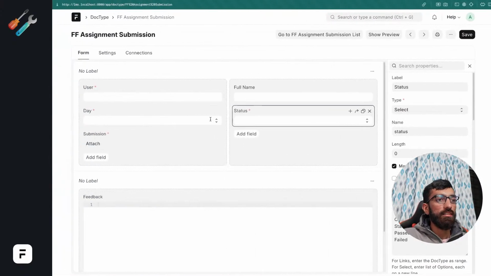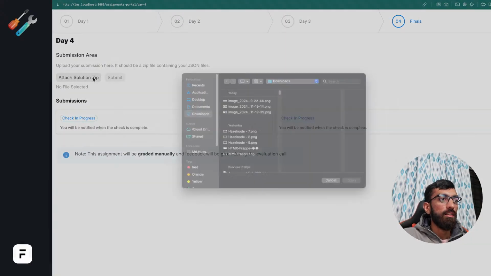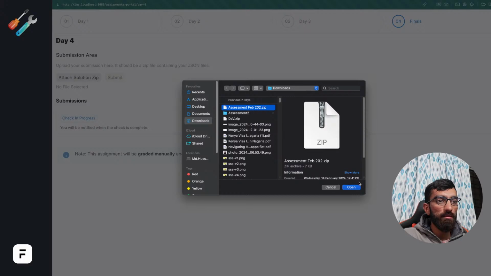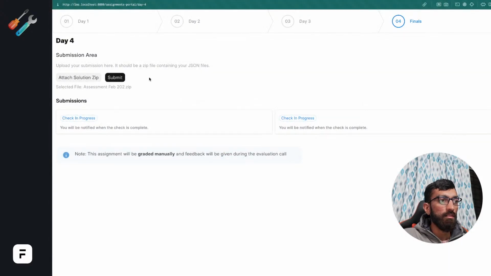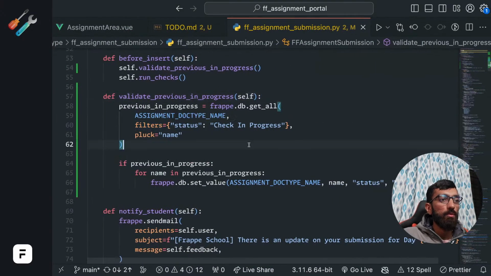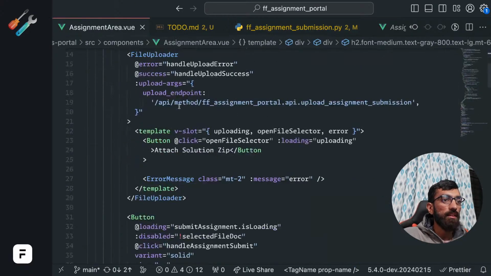So now we can check. Let's do this. Let's attach a zip file again. Submit. Stale, right? Cool. And for the status color,